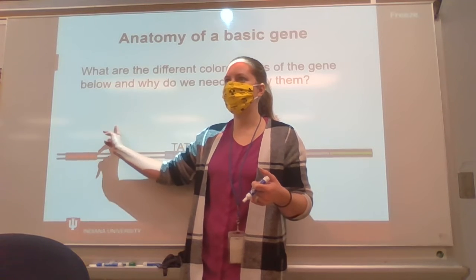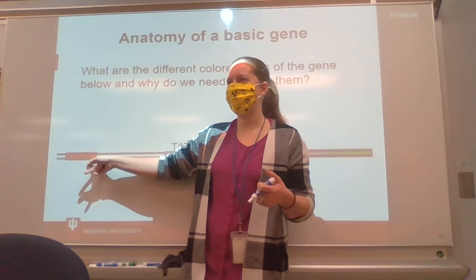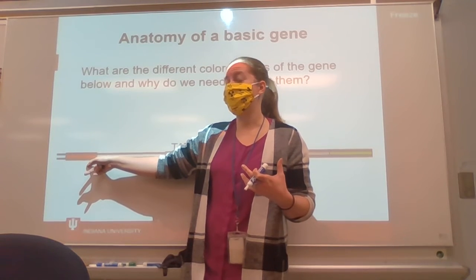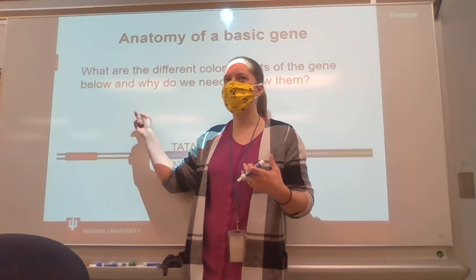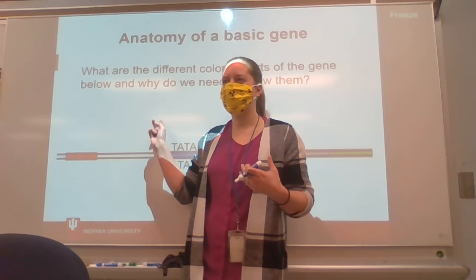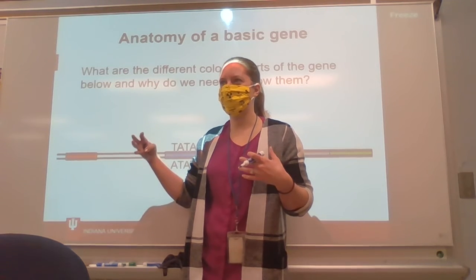Transcription factors. So these are proteins that play a factor in transcription, and binding stuff. And so that's either going to allow us to make more copies of the gene or less copies of the gene. That's part of the control